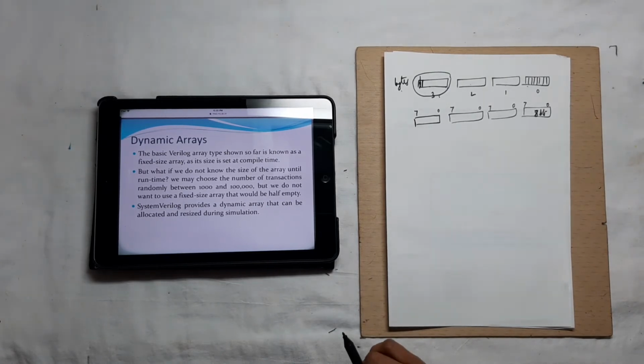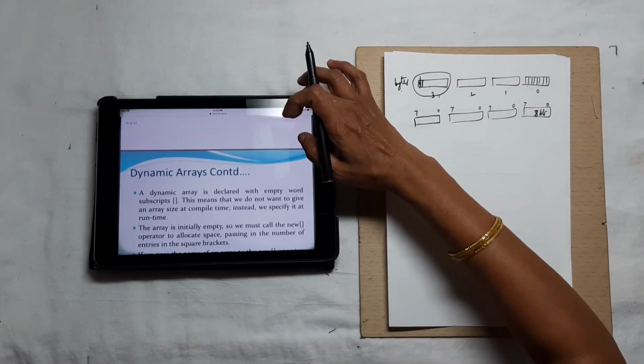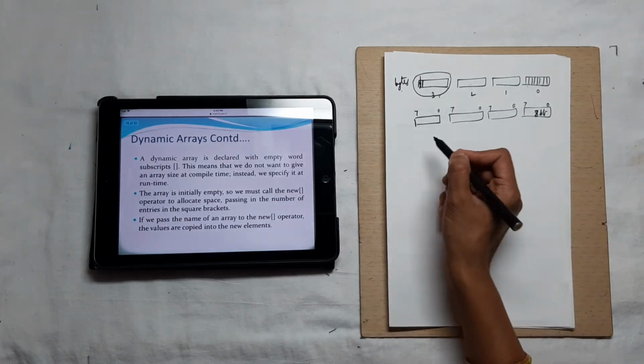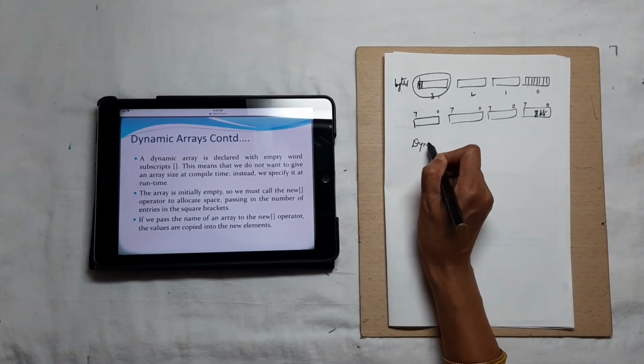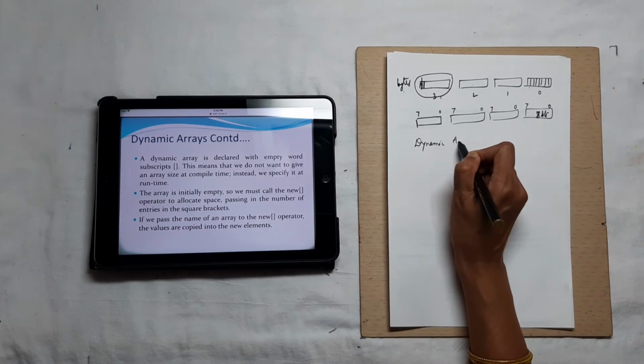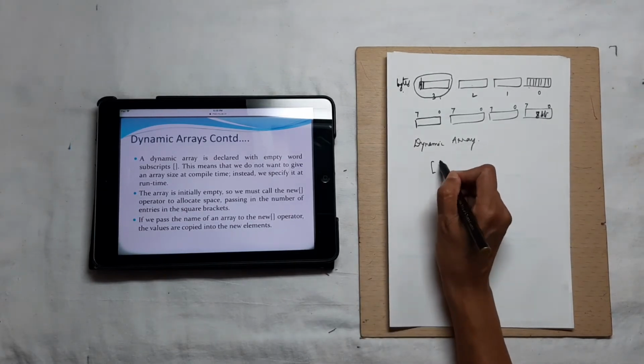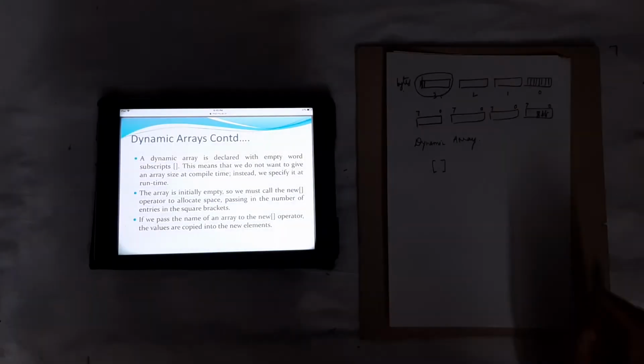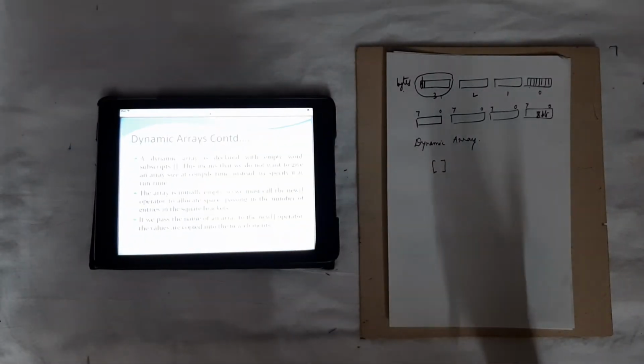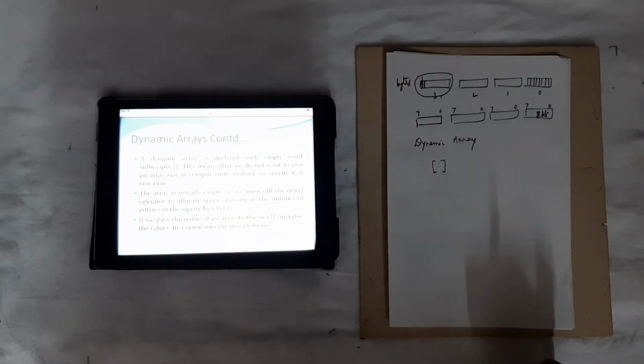This dynamic array is declared with empty brackets. When it is empty, then it is a dynamic array.